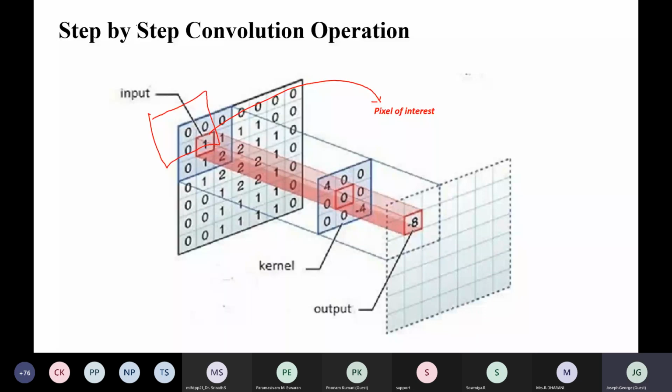You place it on the top left, exactly as it is fitted here, and now you get the first pixel of the activation map. Normally your size is reduced, so even though the image is 7 cross 7, the output activation map will be only 5 cross 5.